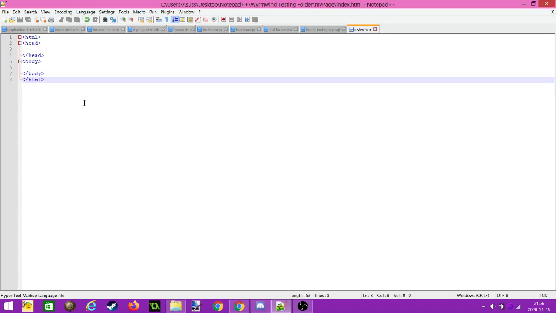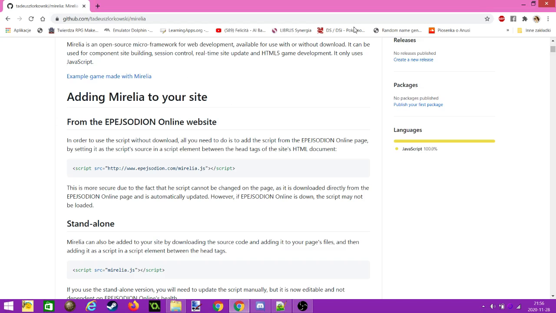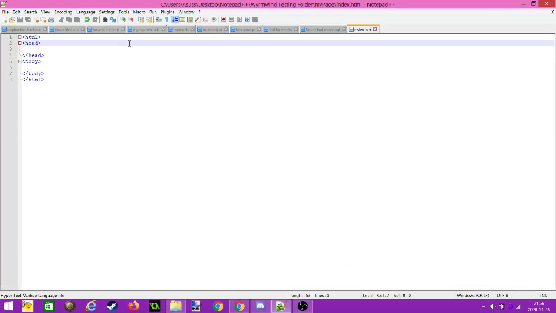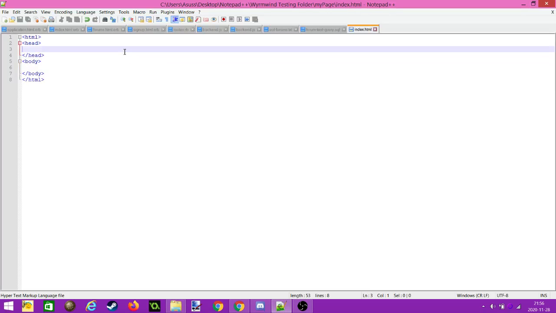We're not going to create more pages because Mirelia can actually manage everything on one page. Yeah, that's right. We're not going to make any more HTML documents. Now, of course, I used more pages on my site, but it doesn't make use of Mirelia as a framework, but rather more of its functions, as it uses Ruby on Rails instead. However,